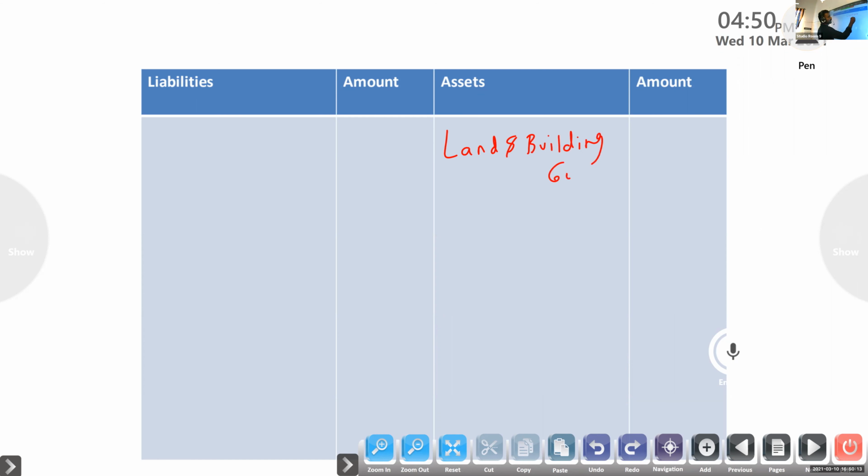Land and building 6 lakh. You have to look in the payment side, any land and building. No. Receipts, no sale. So any adjustment, yes. Depreciation 30,000. 5,70,000. Next,